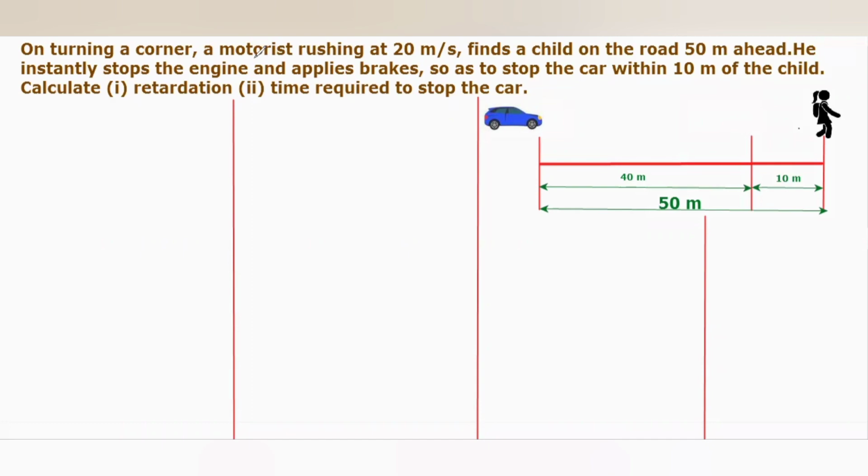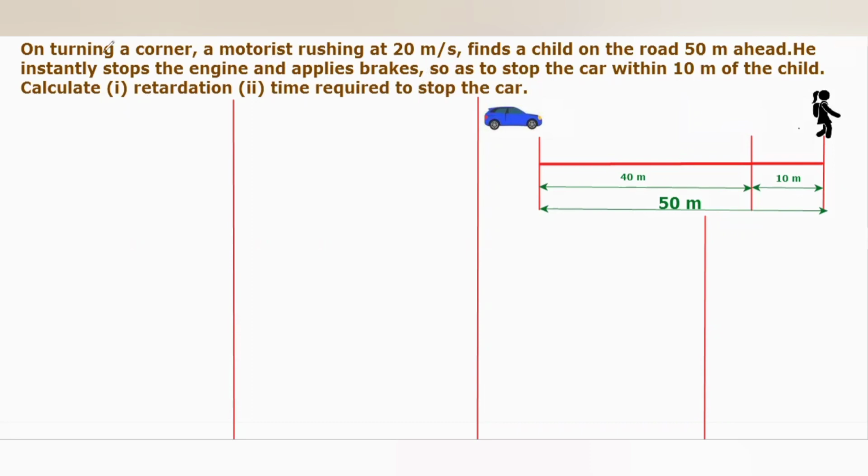Today's session, we are going to discuss a numerical problem on the topic motion in straight line. This is the numerical on turning a corner: a motorist rushing at 20 meters per second finds a child on the road 50 meters ahead. He instantly stops the engine and applies brakes so as to stop the car within 10 meters of the child. We have to calculate retardation and time required